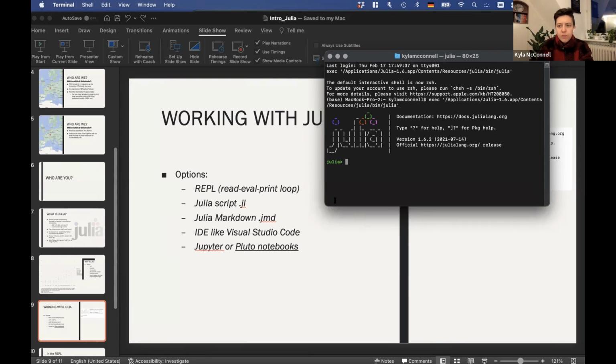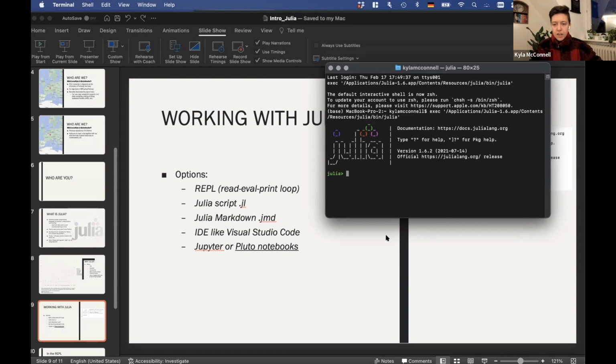And then what we're going to be doing for most of this course is using something called a Pluto Notebook. This is in some ways one of the higher tech, more bells and whistles ways to work with Julia. It's great for teaching, but also for doing reproducible reports, because you can combine text with blocks of code, and you can run single lines of code and see the output of them immediately right next to the code. We'll look at that in a moment, but just a preview of what's coming. But like I said, I want to start with looking here in this Julia REPL.